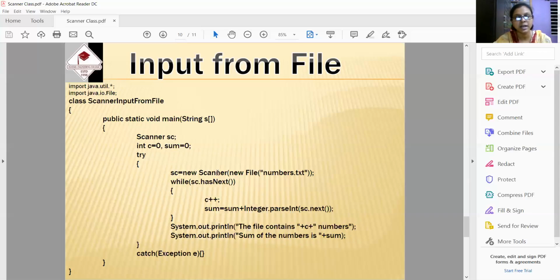sc = new Scanner. Now this is another Scanner constructor. There was a Scanner constructor where System.in was making the connection between the user and the input device. Here the connection is made to the file and the user. And how is it being created? Scanner is taking an object of File class type. File is a class defined within the IO package, the input output package. Okay, up to that point it's okay, I think.